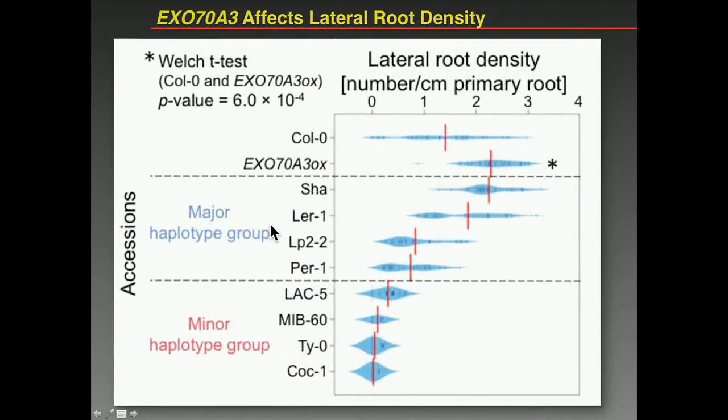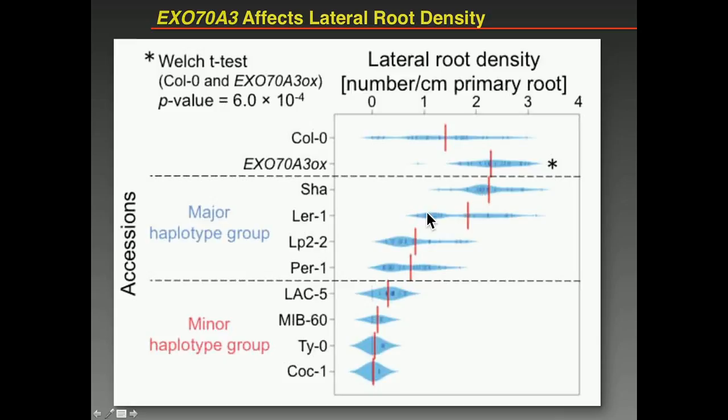We checked then a lot of other traits in this overexpression line, where we actually have overexpression of this exocyst subunit all over the plant, and we only found one trait that was also altered, and that was the lateral root density. So that is basically the branching pattern. So this is altered when we overexpress this gene, and it's also altered in the strains that have different alleles